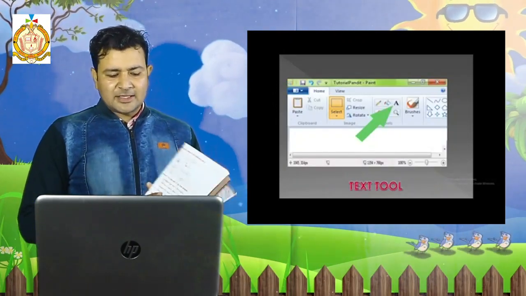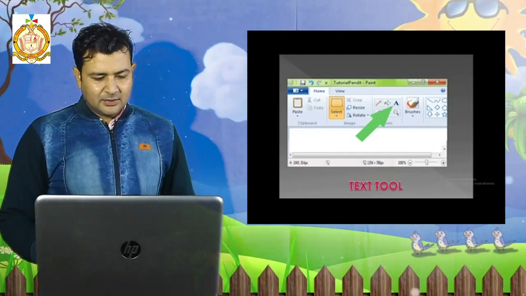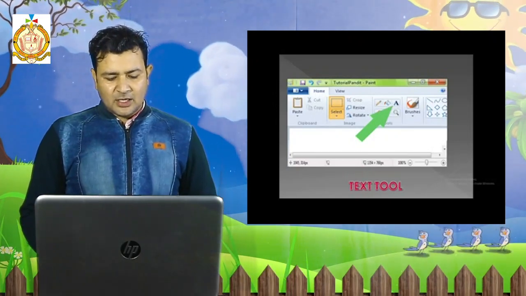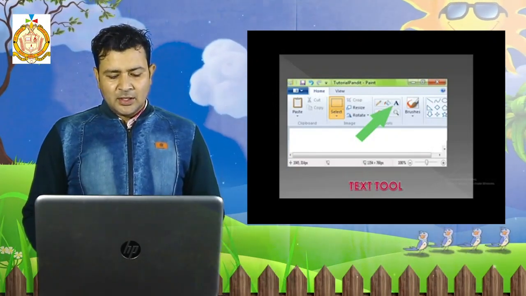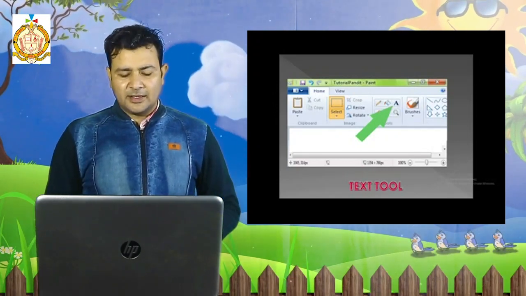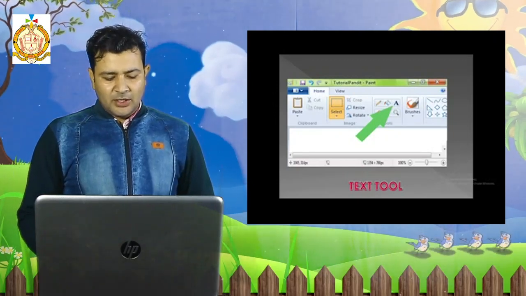This is the text tool. Now different shapes are given to you, page number 61. B exercise, write the name of the following tools. First tool is the curve tool. This tool I just now used. Next, you are familiar with this. With the help of this we are writing a name, that is the text tool. Then rectangle tool, then polygon tool.